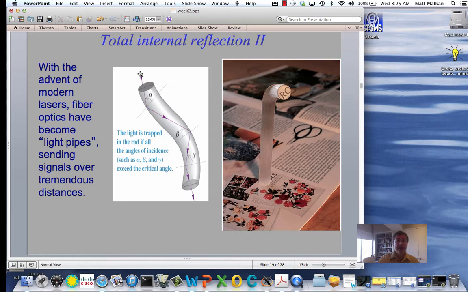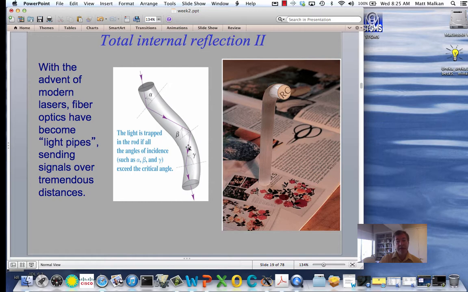And so as long as the light rays, these might be laser beams, are only reflected when they're trying to escape the light pipe here, but as long as they hit the light pipe at a very large grazing angle alpha, which happens to be larger than the critical angle for this material at this boundary, it'll be totally internally reflected, and then if you don't twist this thing too hard, it'll be totally internally reflected on the other side